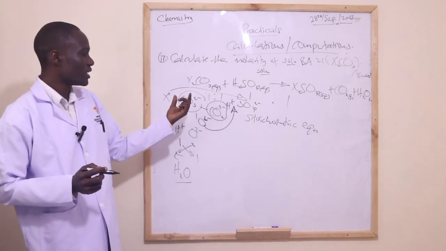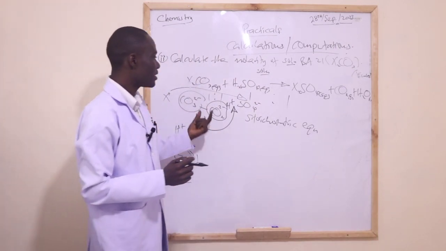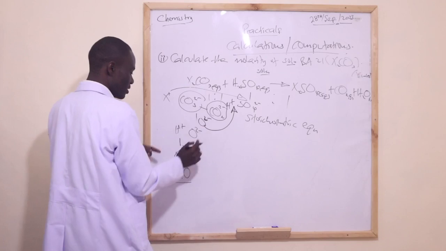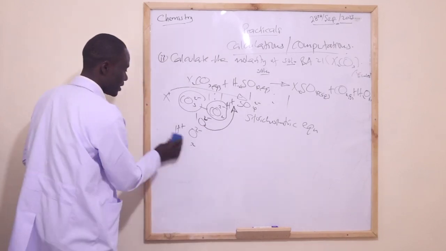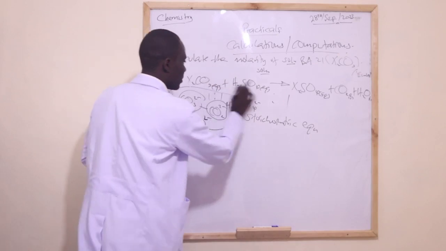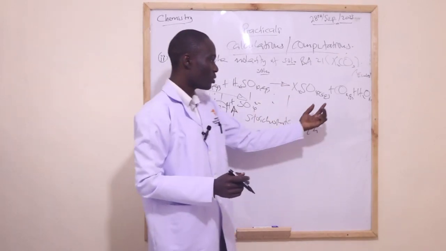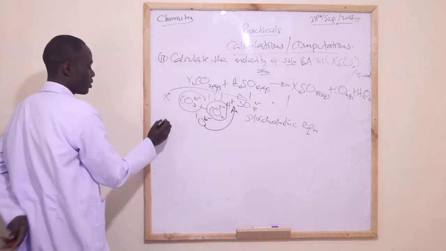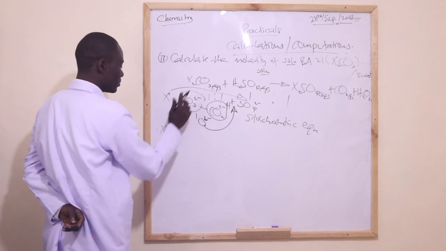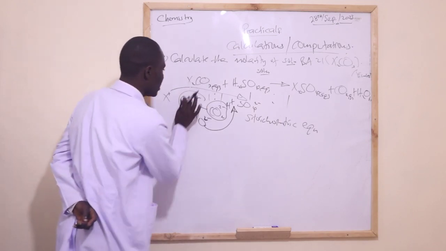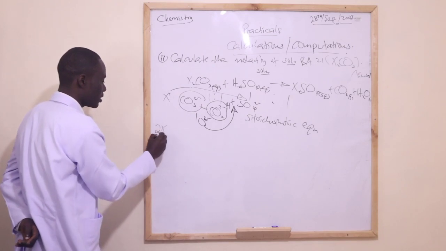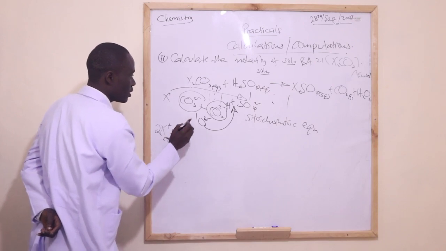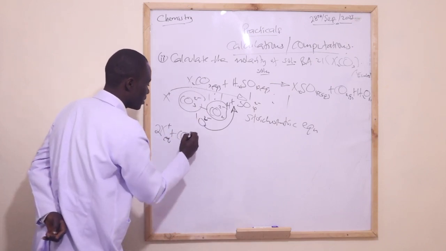So the stoichiometric equation is that in this case, we break the compounds that are in aqueous state very fast. Allow me to rub off this one first. We break the ones in aqueous state only, leaving alone those in either solid, liquid, or gaseous state unbroken. So therefore we'll be having X. If the two atoms here, those will be the molecules in this case, so that this is reacting with this one